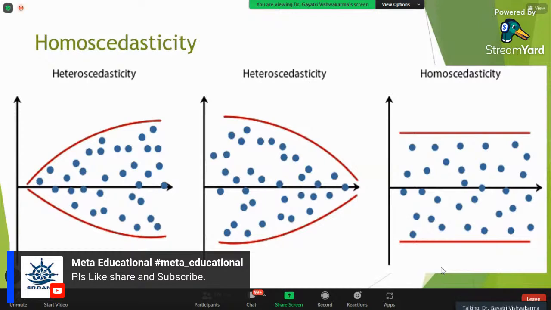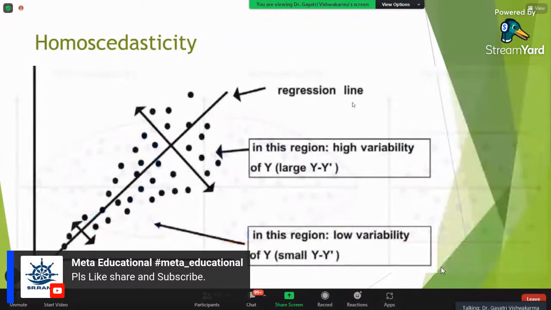Residual means the difference between the predicted value and the observed value. There is too much difference somewhere, and somewhere there is no difference. So if you are getting this kind of curvature in residual plots, there is heterogeneity, and if there is nothing like this, that means you have homoscedasticity. So one more example: this is the regression line and this kind of scatter plot you are getting.